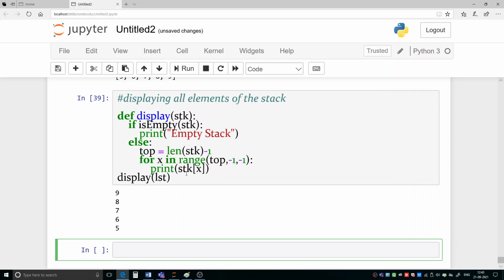We have done it a lot of times, but here you can do something else while printing.